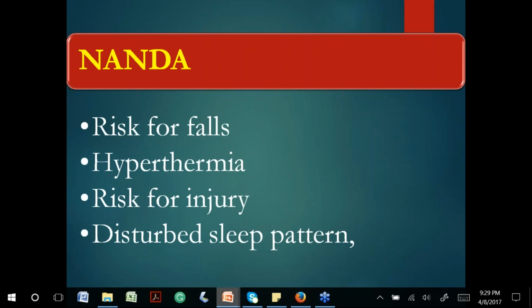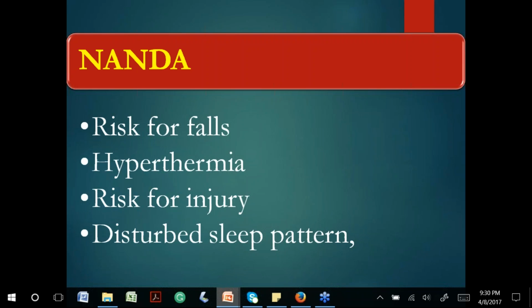Hyperthermia is high temperature. It could be, for example, for fever, right? Hyperthermia. And so, listen, NANDA diagnosis, fever. It's not fever, it's hyperthermia. So high levels of temperature, right? Hyperthermia can be caused by infections, right? It can be, for example,